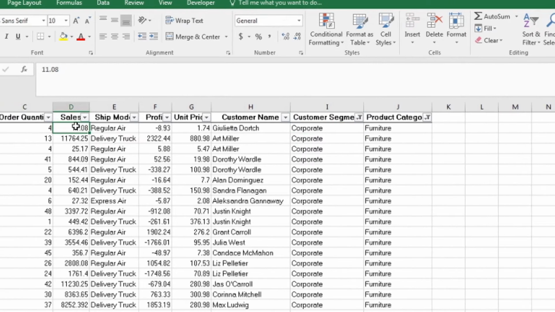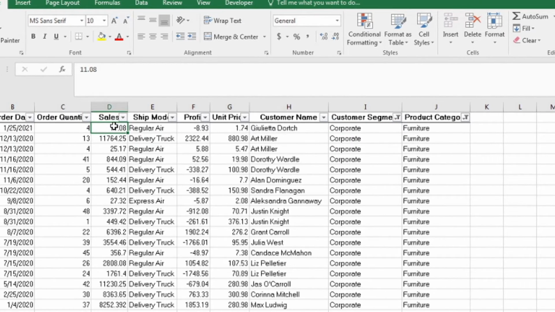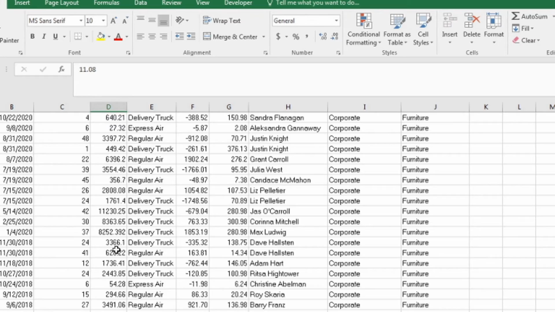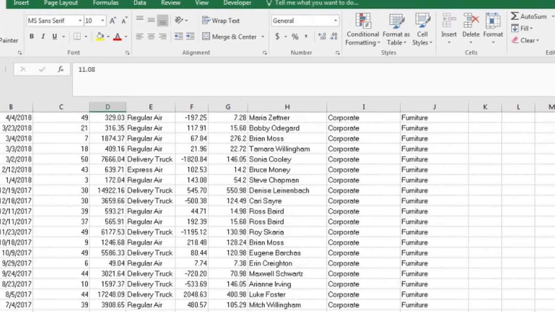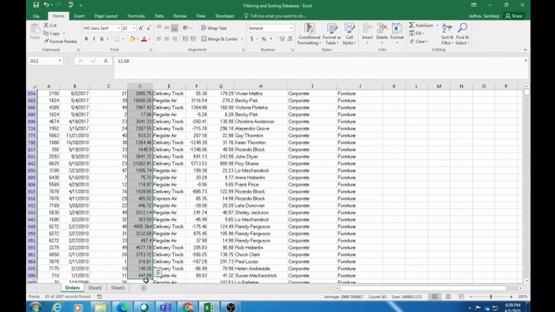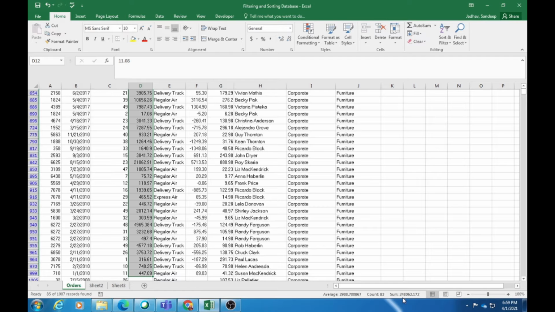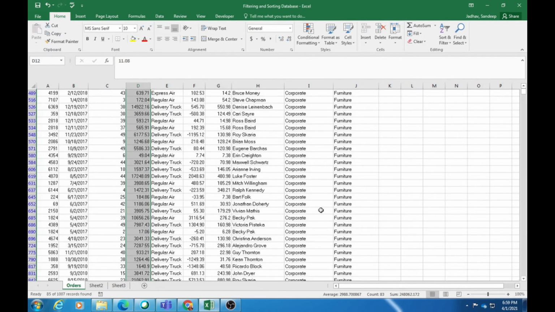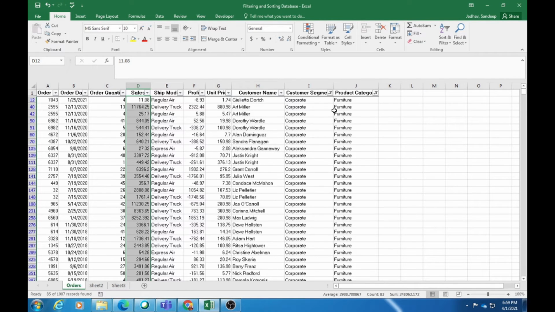If I want to see the total sales, we'll go over here. I will select this sales data till Control Down Arrow. You can see here the sum is 24 lakh 2,48,062. So that is the total sales generated under category furniture, in that also only for corporate. So this is the way you can use the filter data. Now you can see here the data is filtered on two categories, that is product category and consumer segment.